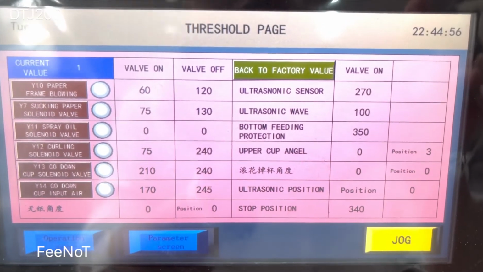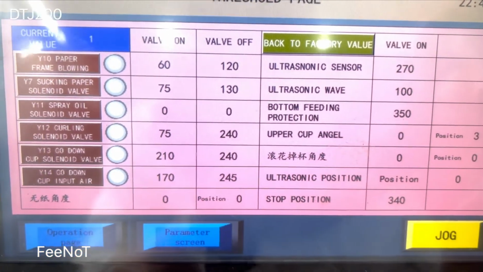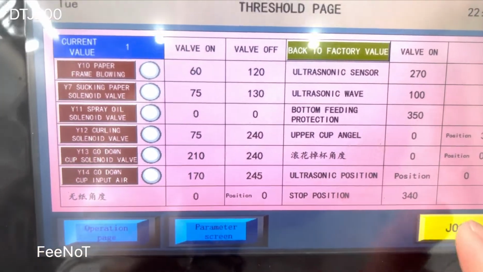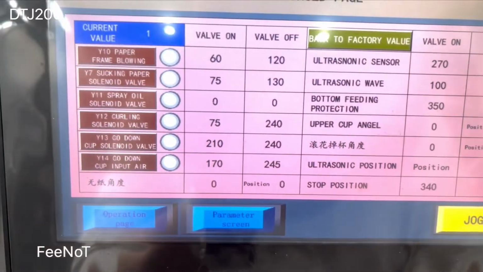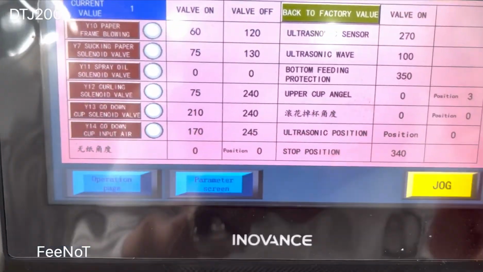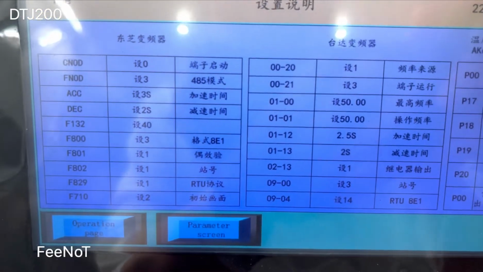And here's the angle set. And here's angle set, and here is the parameter set. The information